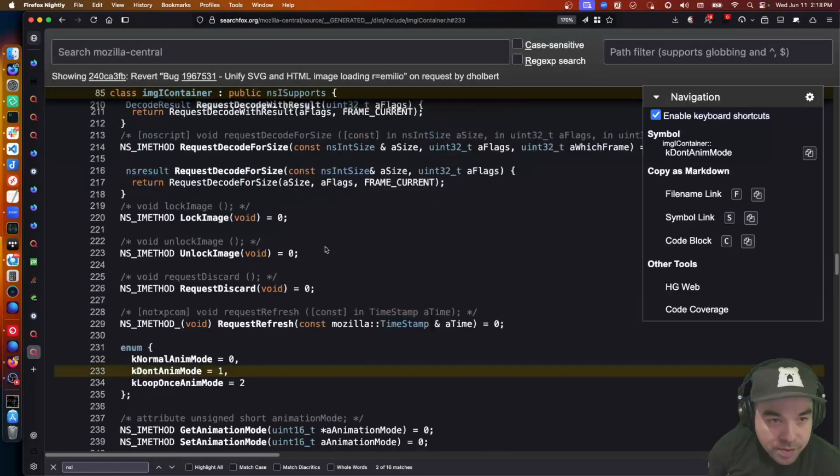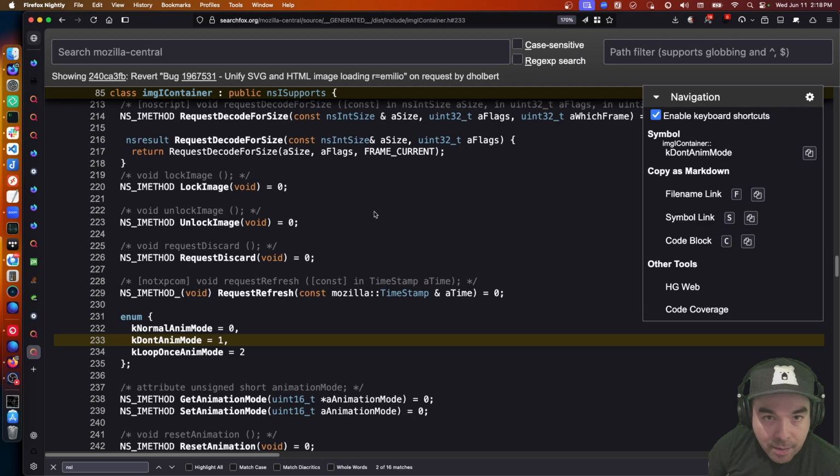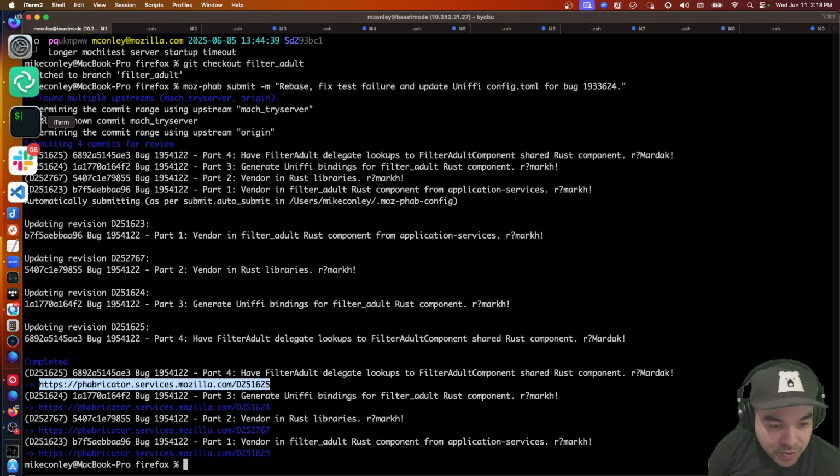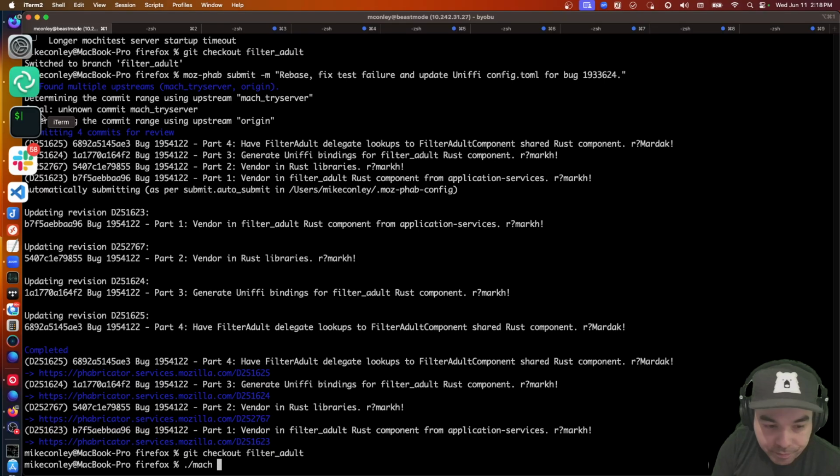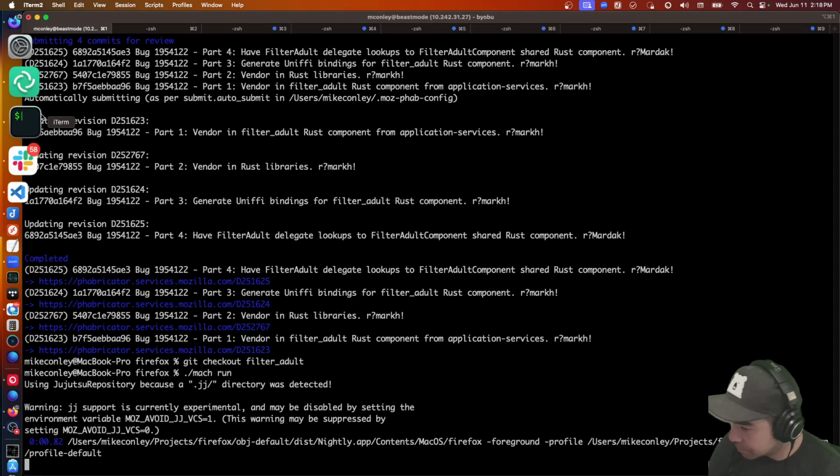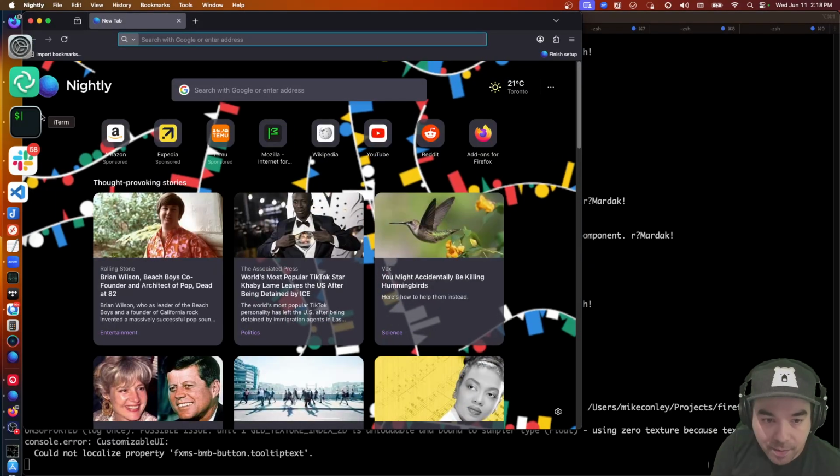Can I even use these from image container? Do I have access to that? Let's try something. Let's try a thing. So we've got our animated background here.